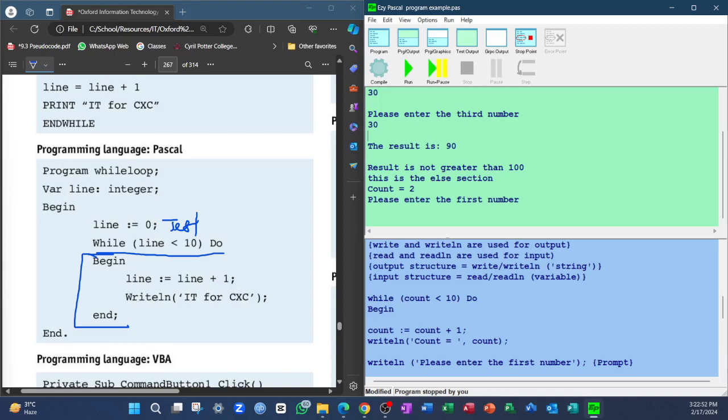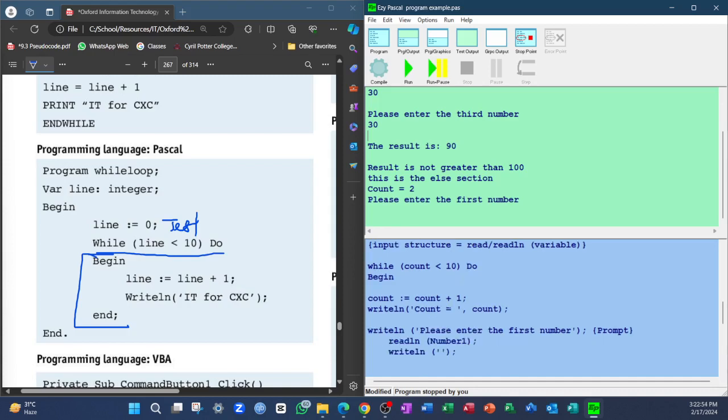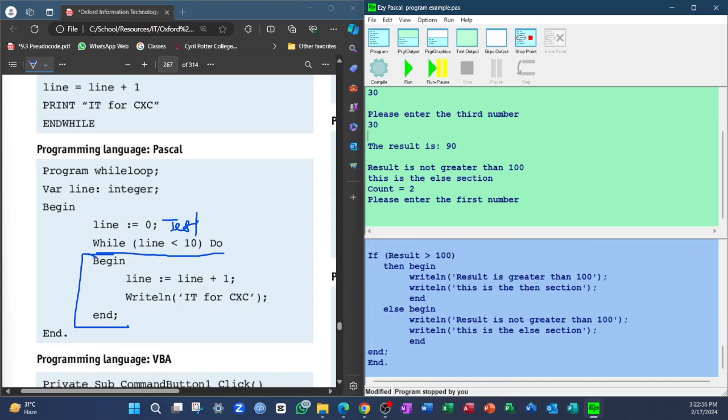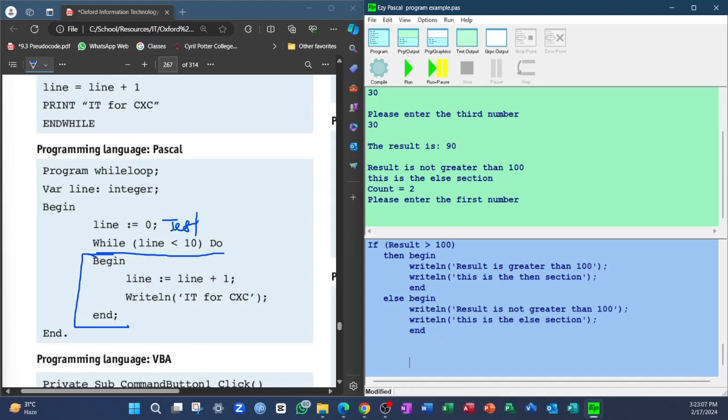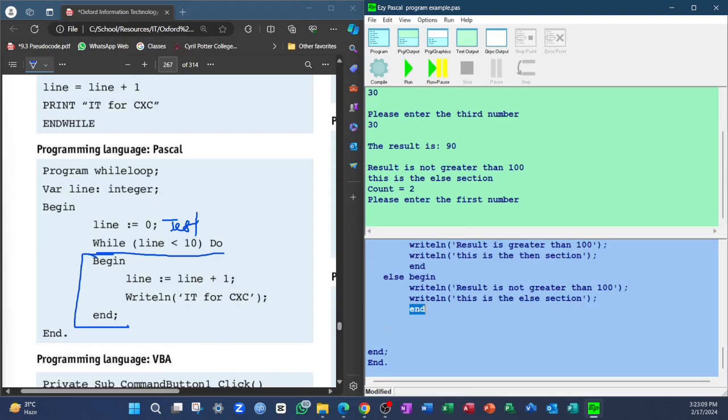So we are going to scroll down in our code and go to just after the end for the if statement, for the else. We're going to go after that, give yourself some space. So after this end here, we are going to